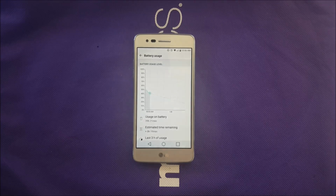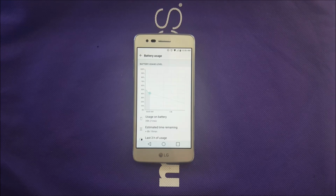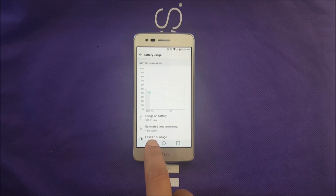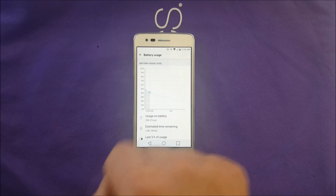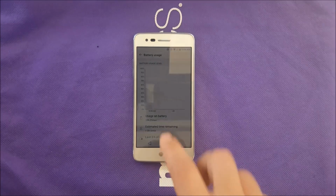So we have 2410 milliamps power, as we said. For instance, this phone will give you an estimation. I do have about 50% right now. Estimated time remaining 8 hours. So after 8 hours the phone is gonna die. That means every 16 hours using the phone, but I'm not on the phone 24/7. So when I'm using my phone, it will be about 16 hours before I need to recharge my phone again for the same